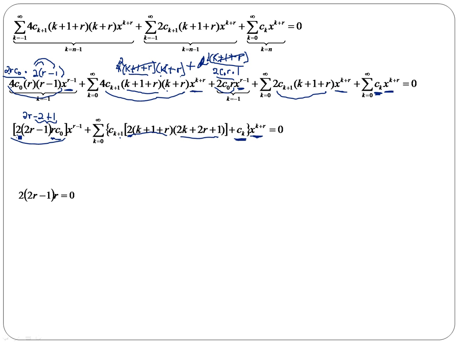I want to set this part equal to 0. I don't need the c0 part or the x to the r, but set this equal to 0 and solve for r,